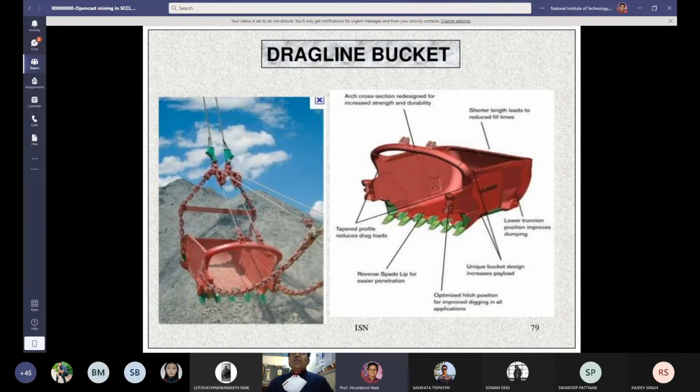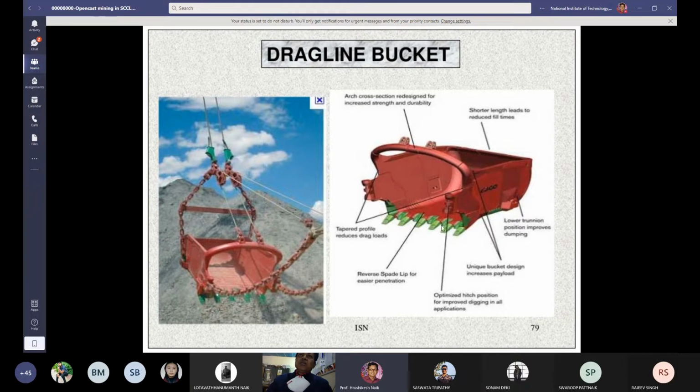So here you can see very clearly the dragline bucket. This red one is the dragline bucket. So this dragline bucket is suspended by the wear ropes. By the help of these green buckles and wear ropes, the bucket is suspended, and the green color peaks are the peaks through which the